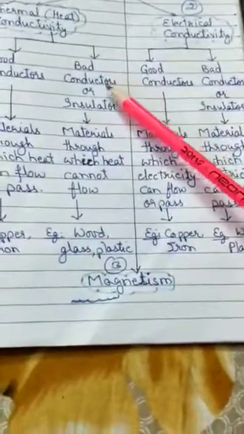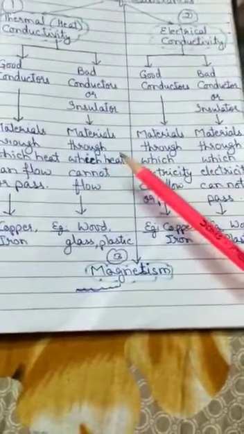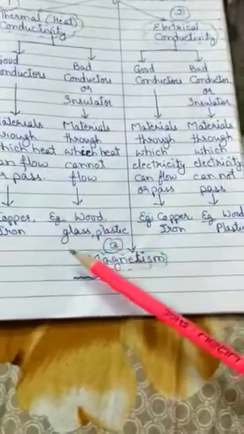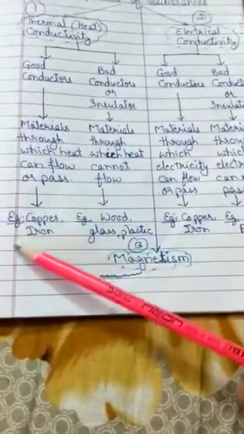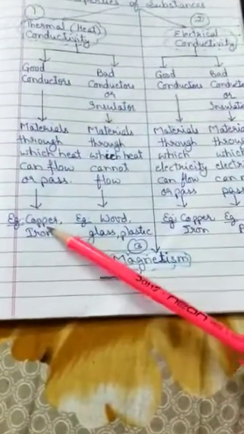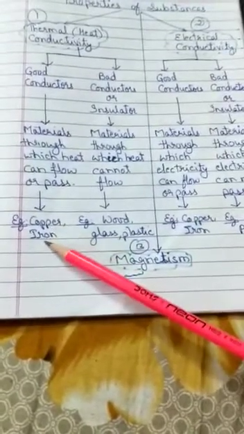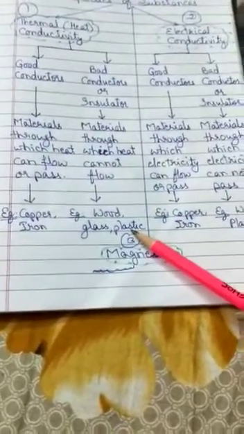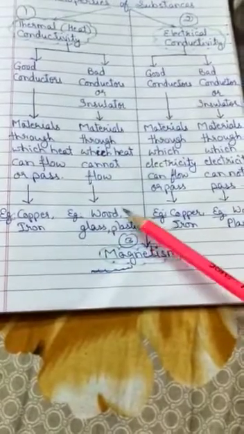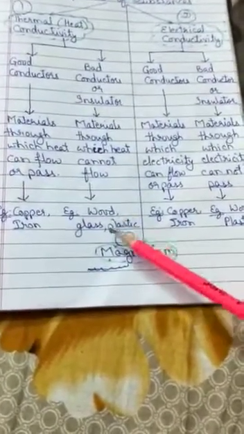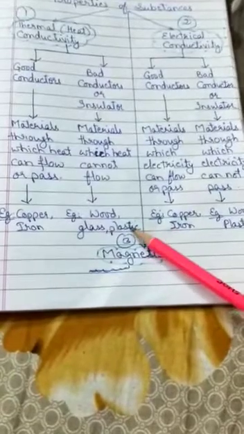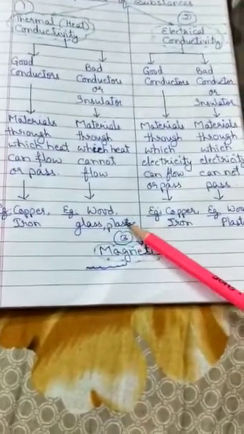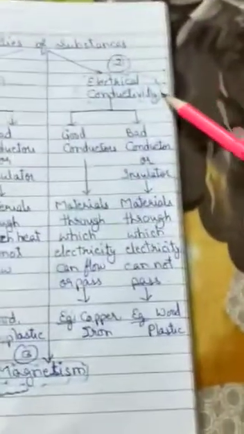Similarly, the next is bad conductors or insulators. That means materials through which heat cannot flow, like wood, glass, plastic, etc. This is the reason why our utensils are made of copper, iron or metal, because when we put something in the vessel and it gets heated up, they are good conductors. And wood, plastic, like your pressure cooker, look at its handle, it is either made of plastic or wood, right? Why is it so? So that if it gets hot we can hold it by the plastic handle, and plastic does not allow the heat to move through it, so we can easily handle it, right?